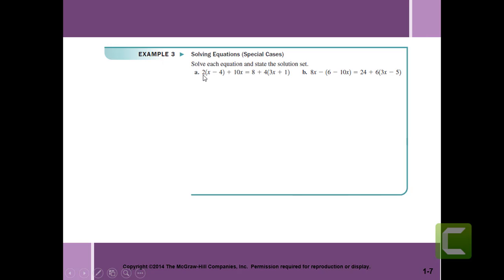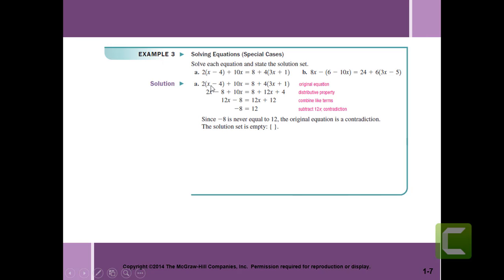And so then what you're going to do is then you're going to add like terms. Okay, so here's the distribution. And then you're going to add like terms. You're going to get 12x minus 8 is equal to 12x plus 12. Okay, and then what you're going to do is you're going to use the addition property again for equality, and you're going to subtract 12x from both sides. But look what happens here. If I subtract 12x, I got 12x here and 12x over here. So if I subtract 12x from both sides, the x's go away, and I end up with negative 8 equals